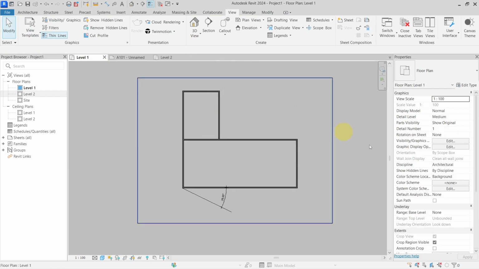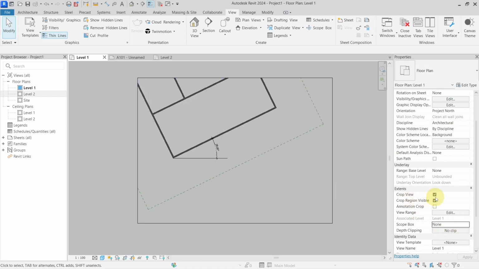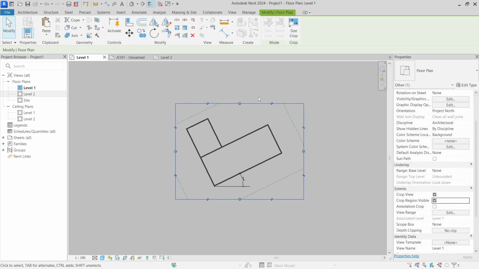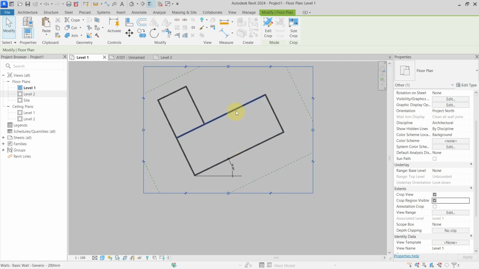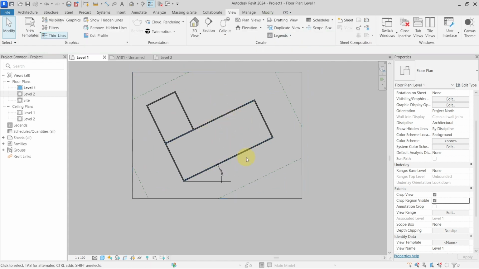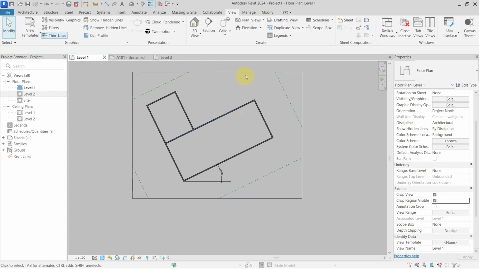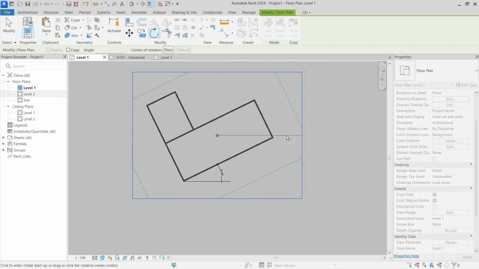So the last way to rotate the view is, I will remove this scope box, okay, by using the crop region. So if I crop the view and I show my crop region to be visible, now you can see it looks something like this. I will move it a little bit more up. So I have a crop region, I have my view, and now I need to rotate this view. So how can I do this is that I need to actually rotate the crop region itself and not the view. So I need to select the crop region, go to the rotate command,